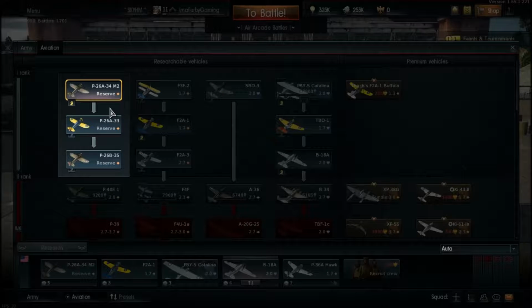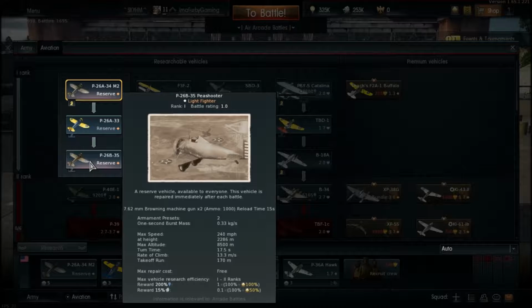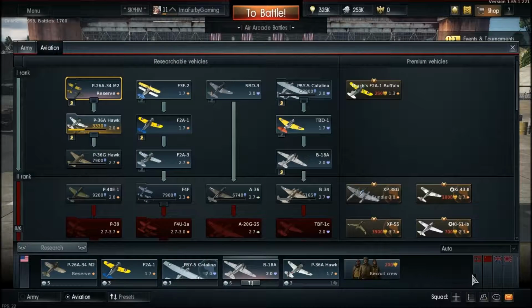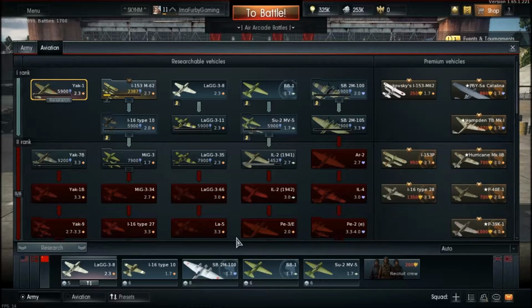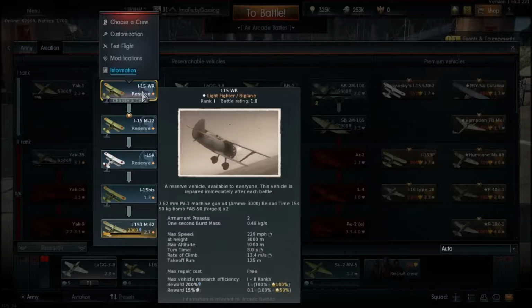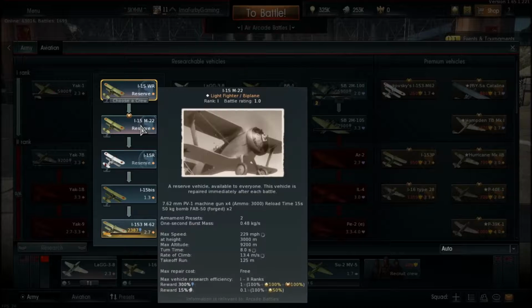Usually they're the same plane, just different variations of it. Honestly, the only difference between them would be maybe one might be a little faster or slower than the other because of different engines and stuff. But otherwise, they're all pretty much the same. Most of them will have two 7.7 or two 7-point something machine guns. The only exceptions to that would be the M2, which has a 50 caliber machine gun as well. And then all the Russian starter planes, we'll go over here to Russia. All the Russian starters, which are all under here, I-15s, they all have 4 machine guns,